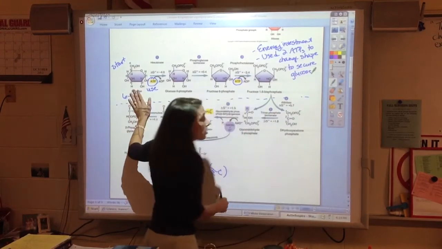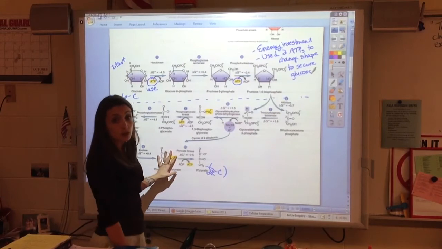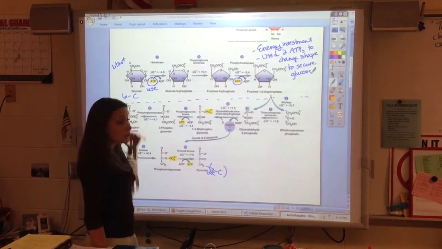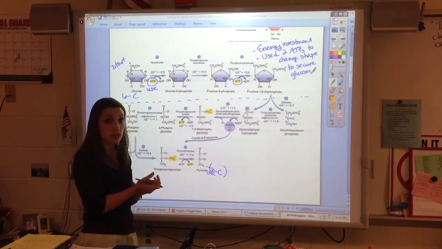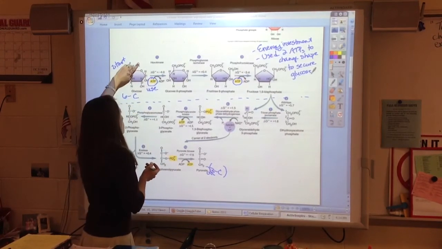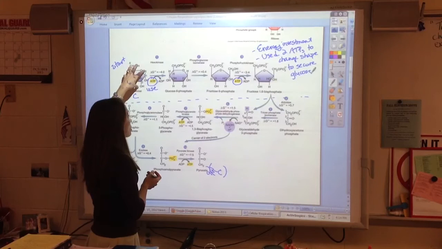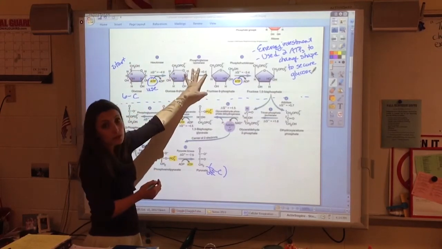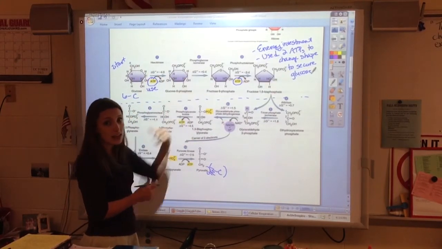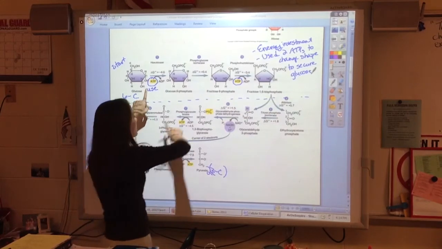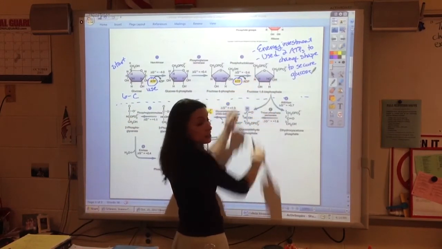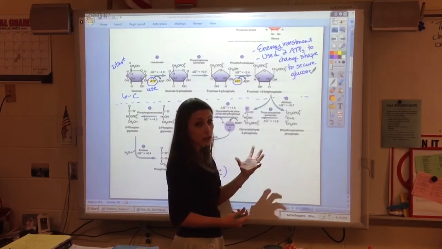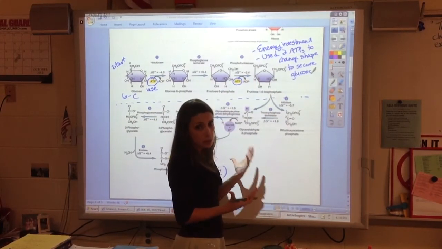So we know that glucose is too big to diffuse across the membrane, but we do have a transporter for it. We do have a protein that will transport glucose in and out. And so what we see is that we want to change the shape of glucose so that it can't exit the cell. So we invest ATP and we end up with a pretty different shape. And this now can't bond to the transport protein, so therefore it can't move, it can't leave.